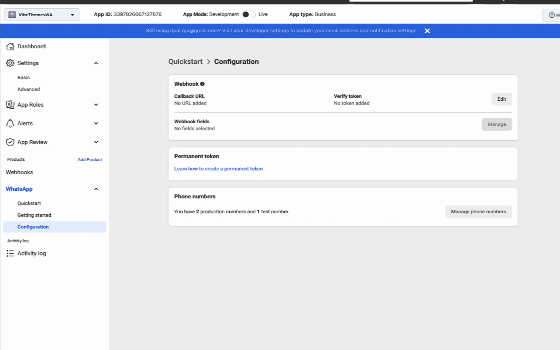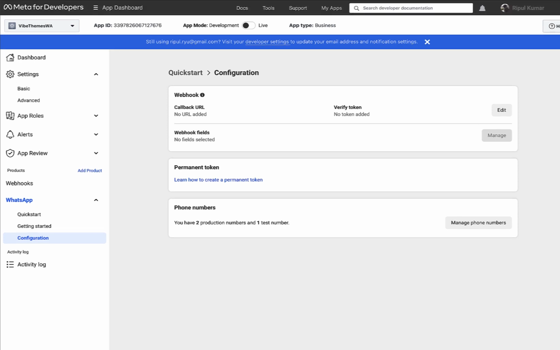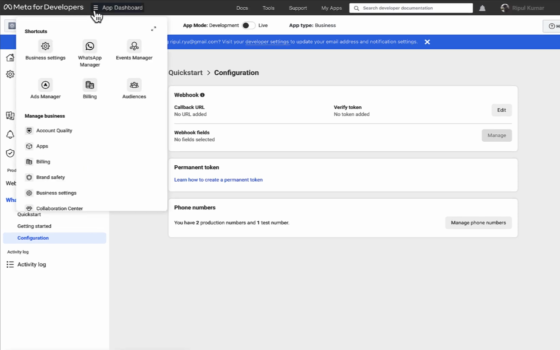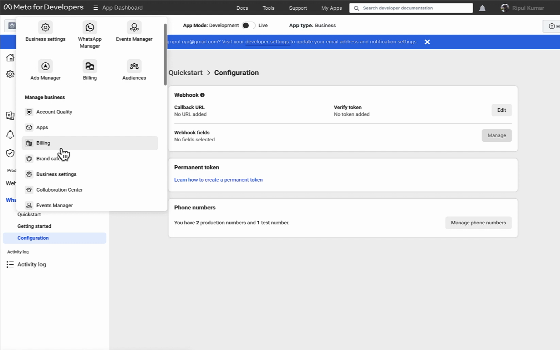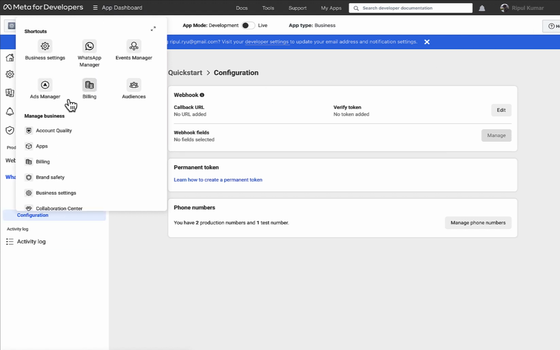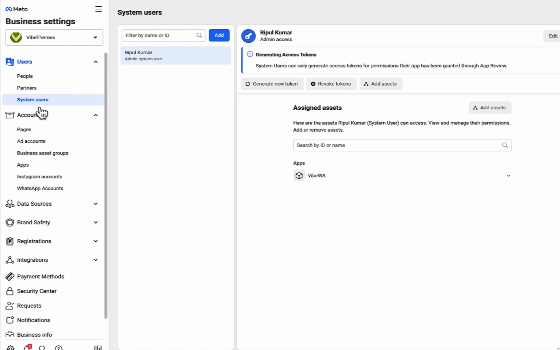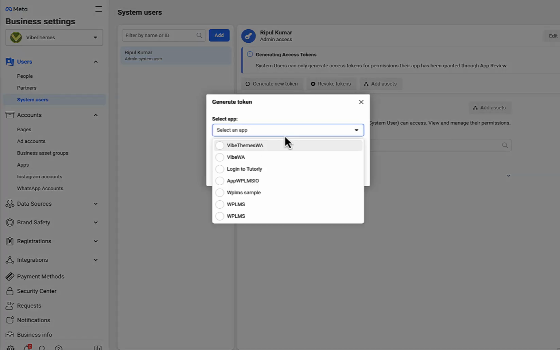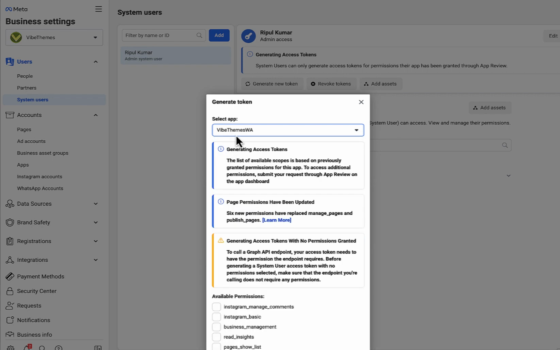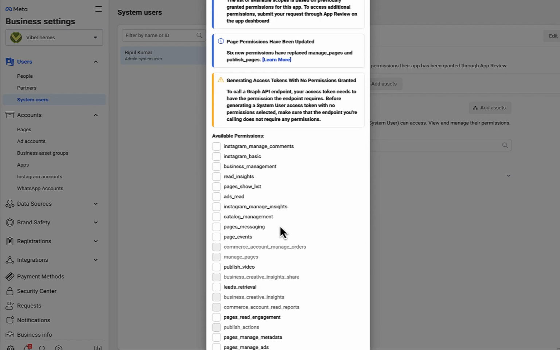And since this is a business app, you will need to create system users first. So for that, you will need to go to business settings. And here you'll see system users, and you'll need to create a new token for the system user and for a particular app. So we created this VoIP Themes WA app, and here